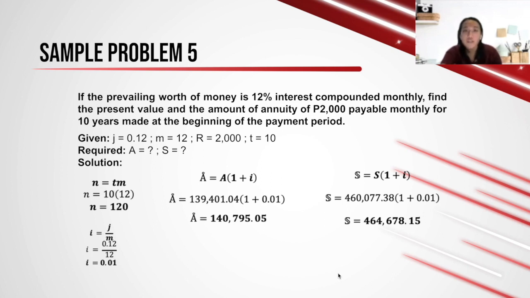We have the same given and requirements, but recall that in an annuity due, we basically just have to multiply the value we got from the ordinary annuity by 1 plus the interest rate. So to get the present value, if this were an annuity due, we take the value we got from the ordinary annuity, which is 139,401.04, and we multiply it by 1 plus the interest rate, which is equal to 1.01. So we have the present value of the annuity due is